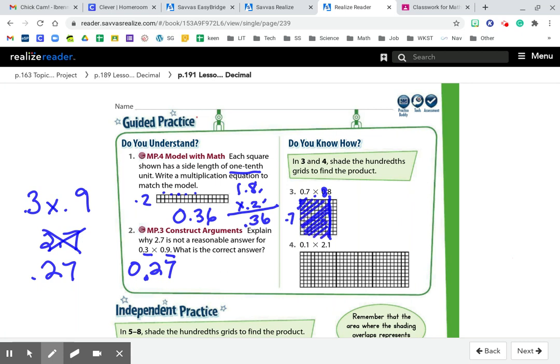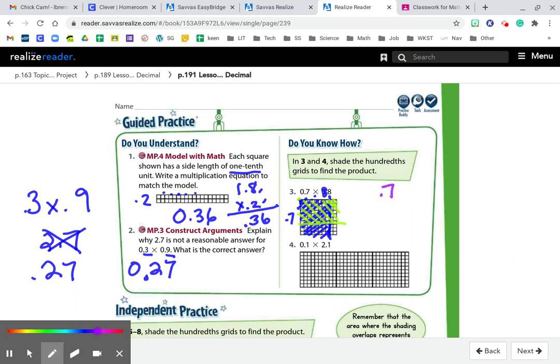And then I'm going to start in the corner here, and I'm going to go down 7. Now I'm going to shade this way. I'll cross over in the other direction. The overlap is my answer. So my answer is